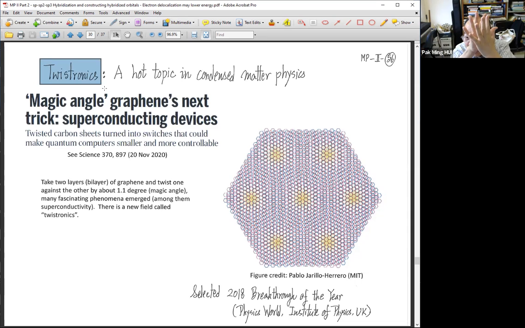Now, the way to tune the property of this bilayer structure is to twist the two layers with respect to one another. That's why you can now Google twistronics, you will see all these kind of things. Now, for example, the fascinating thing is that that could form a superconductor if you twist it by 1.1 degree. So a lot of things are not expected when you understand one layer. I think the leading group is at MIT.